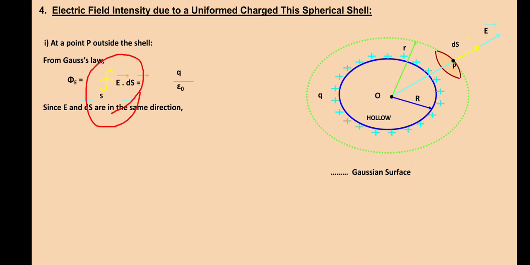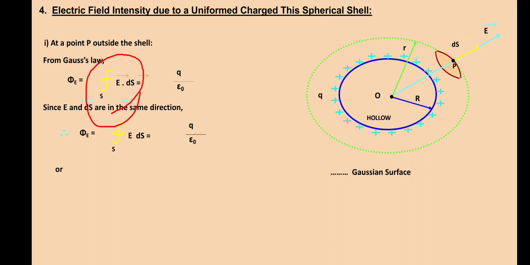In order to calculate this value, first I should determine the direction of the area vector and electric field intensity. As I told you earlier, both are acting in the same direction, so the angle between them is 0. So E vector dot dS vector can be written as E dS cos theta, correct? I told you this vector notation can be changed; the dot product can be written in terms of cos theta. So cos 0 is equal to 1. Then the final value will be the integration over a closed surface of E dS. The magnitude of the flux, the integration of E dS, is equal to q by epsilon naught.